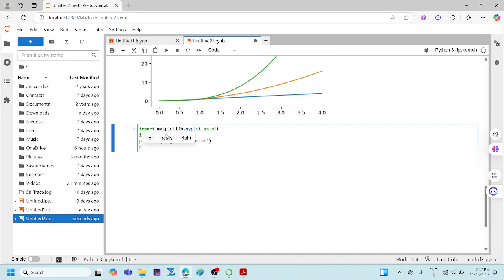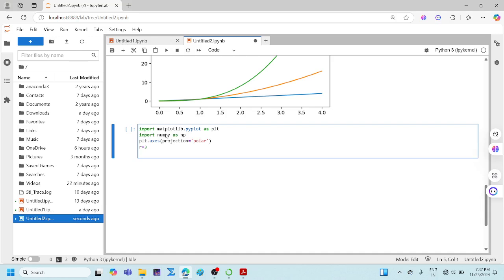Then give the value for r equal to, say, 3. Any number you can give. It is a fixed number, right? You have to mention it here. Then you have to give the range for theta as we did in the previous case: x equal to np.arange of left hand point, right hand point of the interval, then step length. Like that. Here I'll write rads equal to np.arange, left hand point 0,